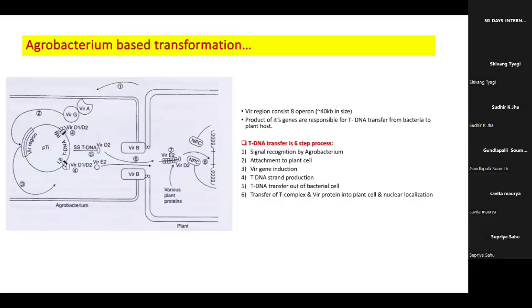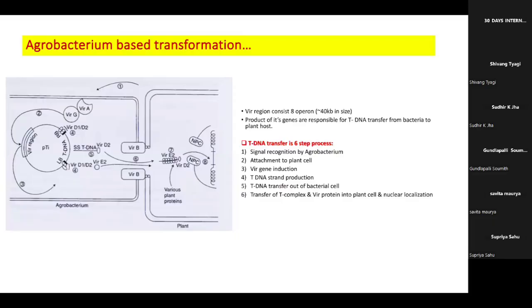Another compound is there, that is VirE. VirE, what will it do? It will form a coat on the single stranded T-DNA to protect it from cleavage or degradation. So VirD2 and VirE2 will form the coat, and a single stranded T-DNA will move from the agrobacterium cell via